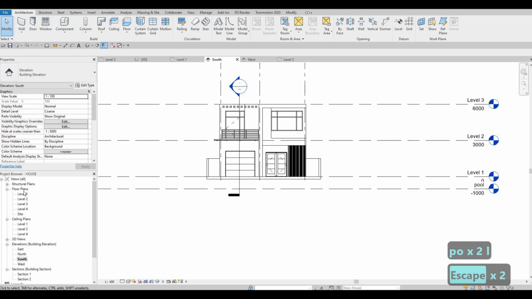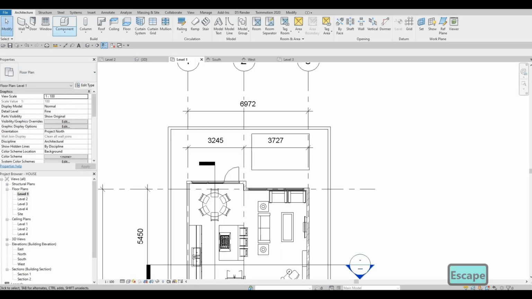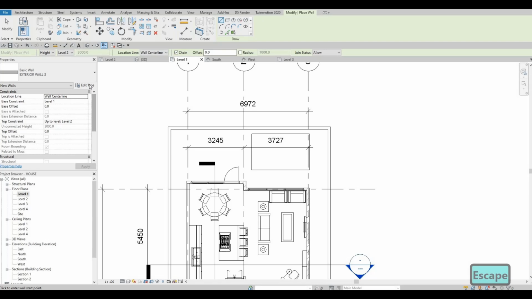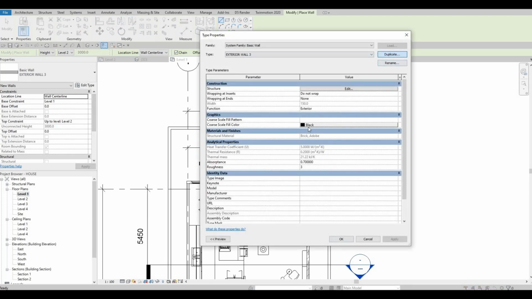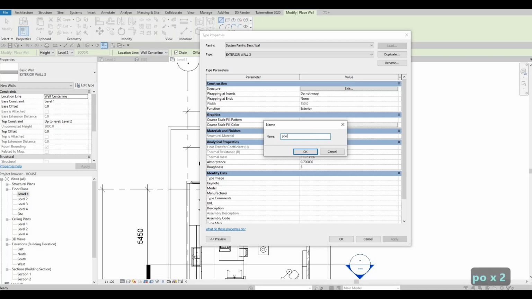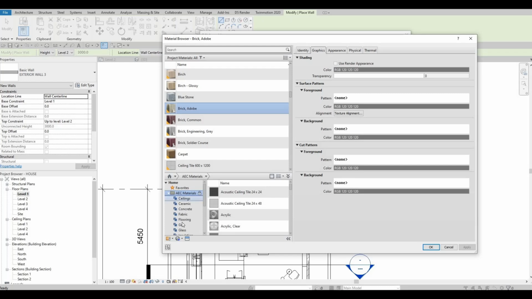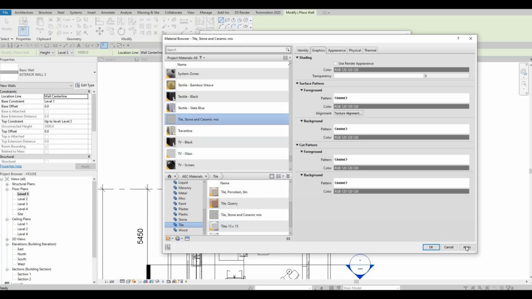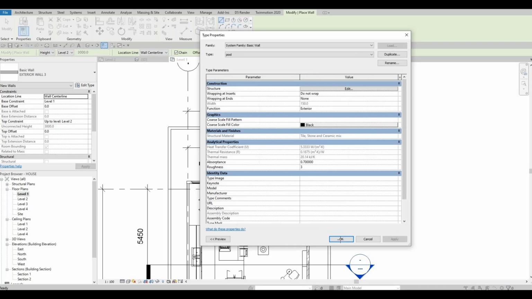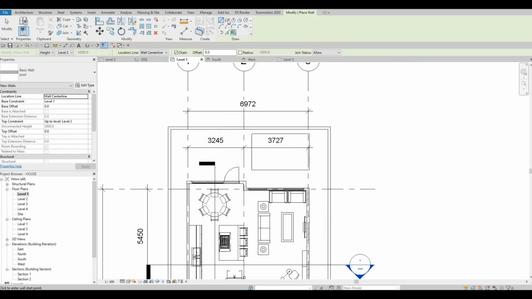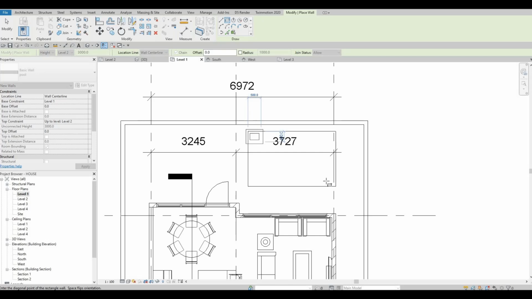So that's negative 1000. Now we are going to create a wall, exterior wall. We could do that. We could duplicate this, and then let's make this pool. After that, let's edit and change the material. We could choose something with a tile, and then we could change or use this. Okay, press OK, and then now we could just add this one right there,